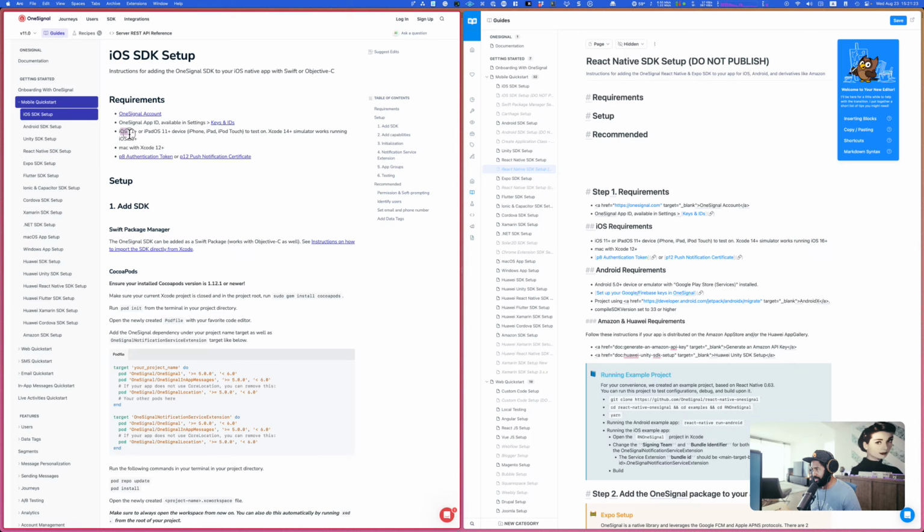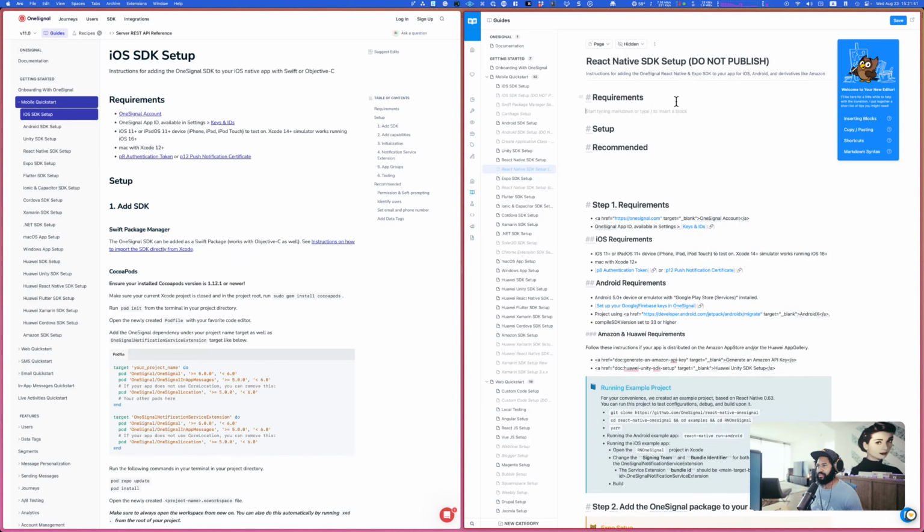All right, iOS 11, iPadOS 11 plus device. Oh, all right, to test on Xcode 14. Mac with, okay. I'm going to need to change that at some point. Let's create a new,